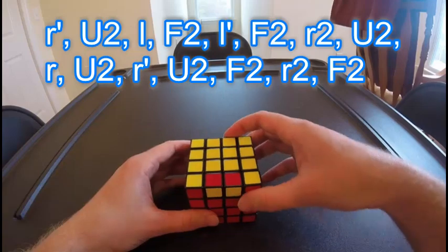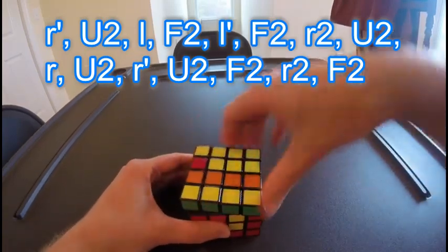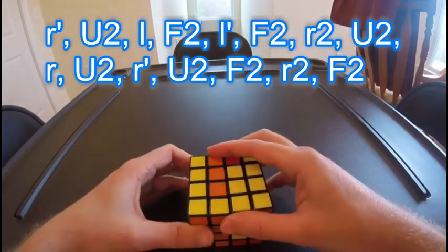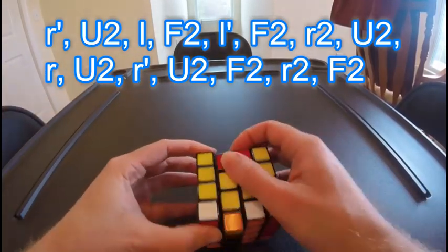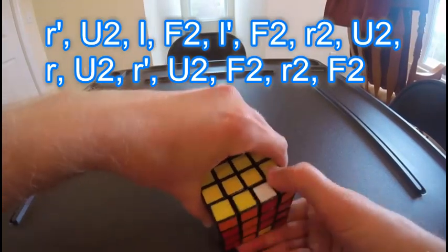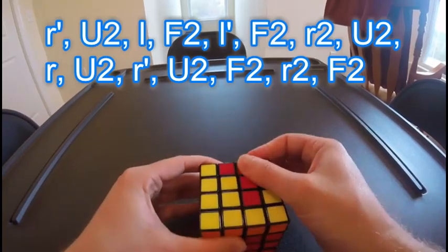What you want to do is hold it with the flipped edges facing you, and then you're going to do little right prime, up twice, little left, and front twice, then little left prime, and then front twice, little right twice,